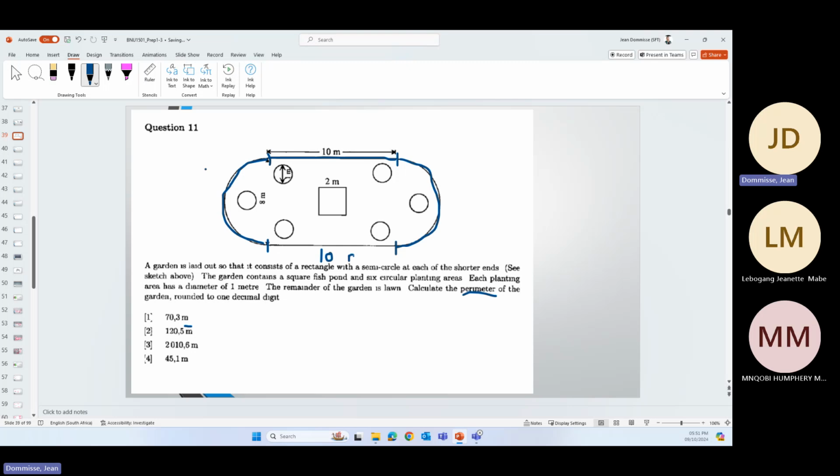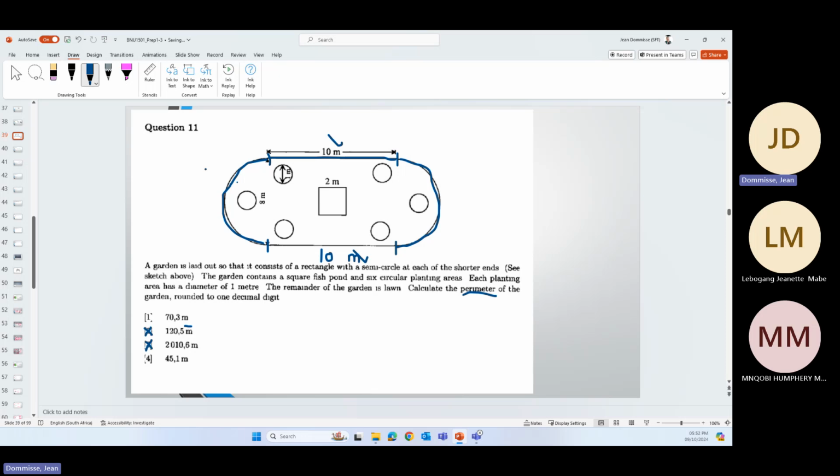we will have a 10 meter there, a 10 meter there. So that's covering the 2 parts of the length of a rectangle. If I look at these answers and I'm looking at 10 and 10, that's probably going to be a big part of it. So I can't see that now suddenly I will get to 2010 meters. So I'm really looking at these and I probably can cancel 2 of them out just because of that size. Even number 1 looks way too big as well,